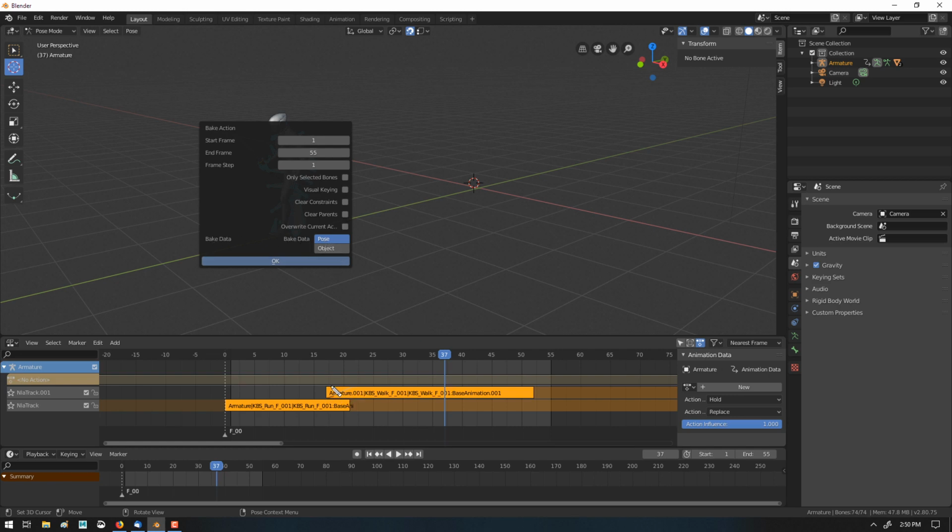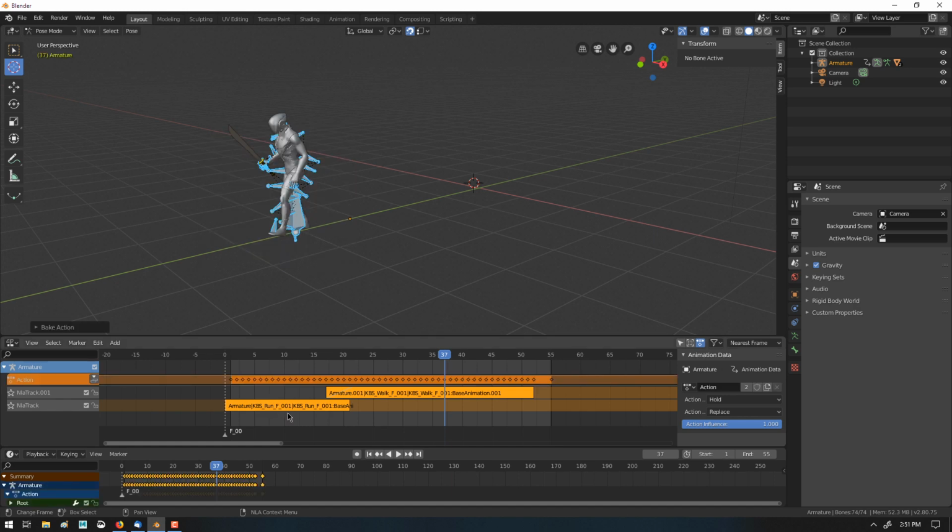So the keyframe that exists here to snap my character to this location for the offset, so the offset key is an object keyframe, while the rest of the animation is an armature pose mode setting. So if I go ahead and say bake to data, bake action, start frame, okay, I bake action. Now there's a new action right here that is not a clip yet. So now if I turn these off,